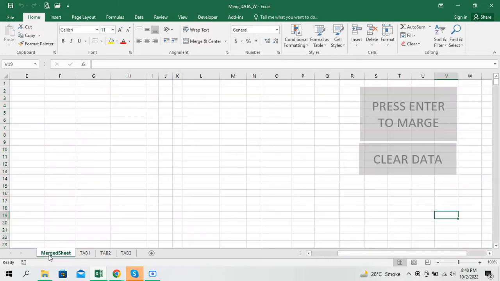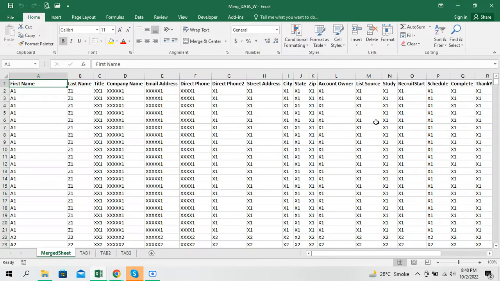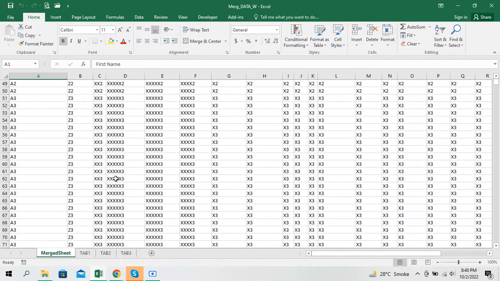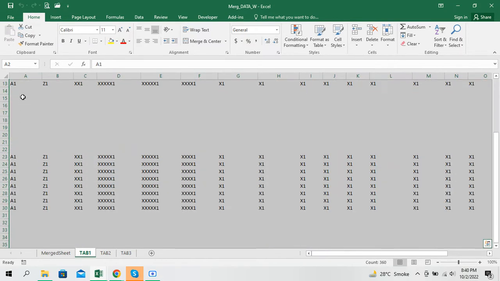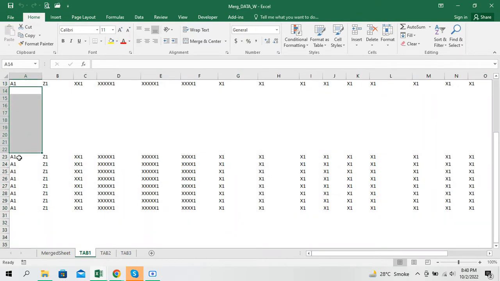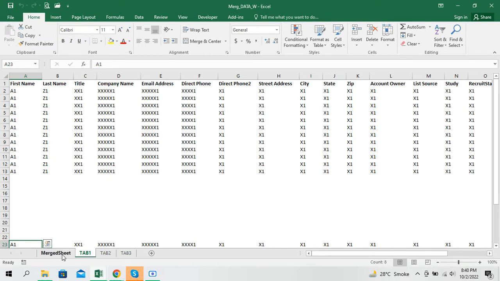Now I'm going to do the process again. At the moment the data is clean, I press, and all the data that is in the worksheet is copied. Even if you have something missing and then start again, it will collect the total data and not skip any. Okay, you can see that